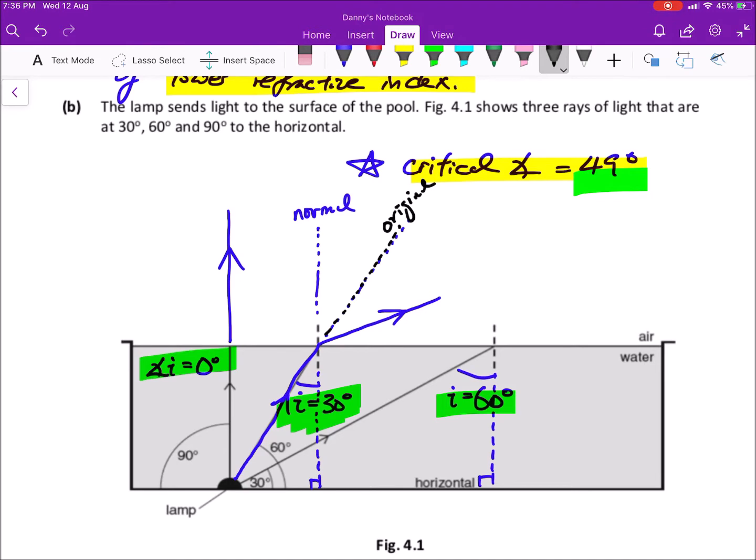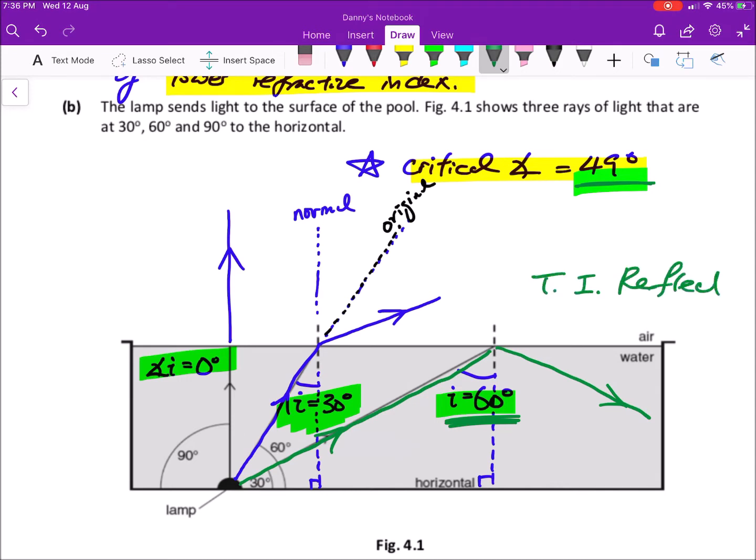That is what it means. Okay. Now in the last ray, which is this green one that I'm drawing now, you can see that the angle of incidence is larger than the critical angle. When this happens, a special phenomenon called total internal reflection happens, and it will bend back into the medium. Because it is total internal reflection, it will follow the law of reflection, meaning that this angle here